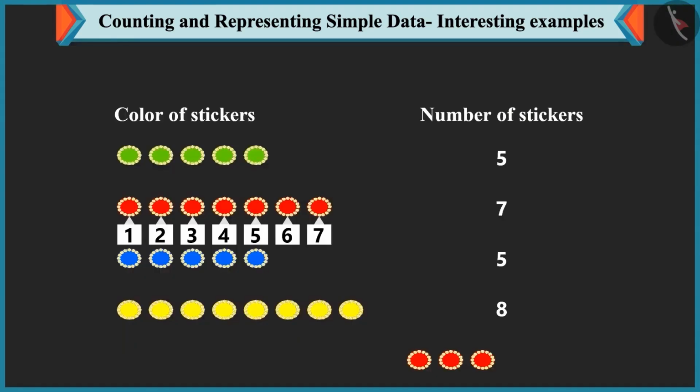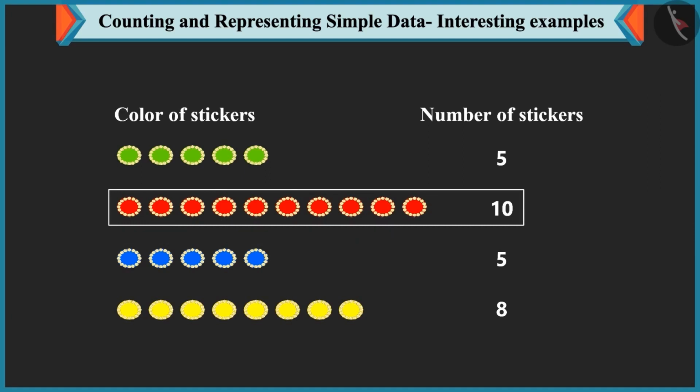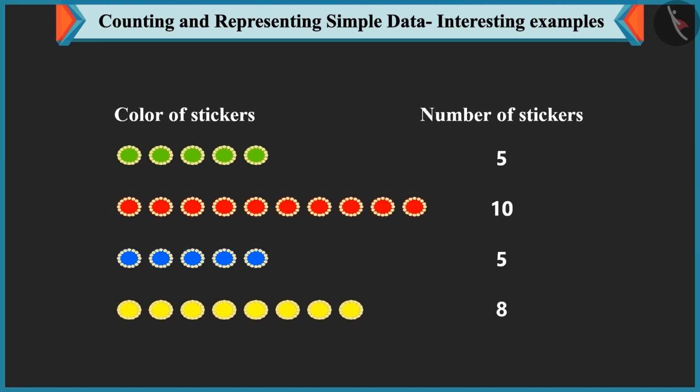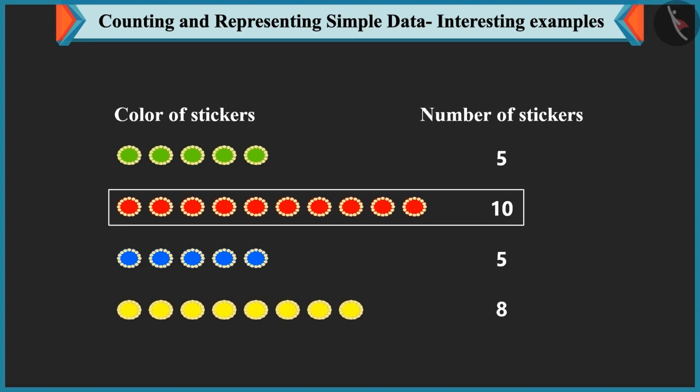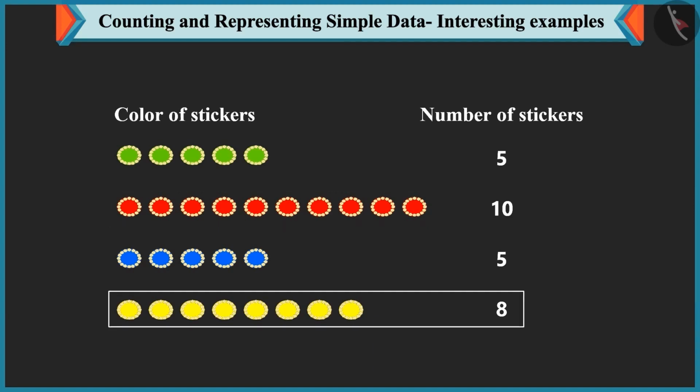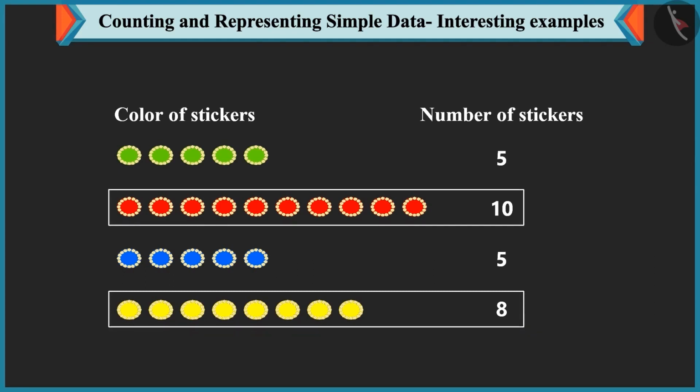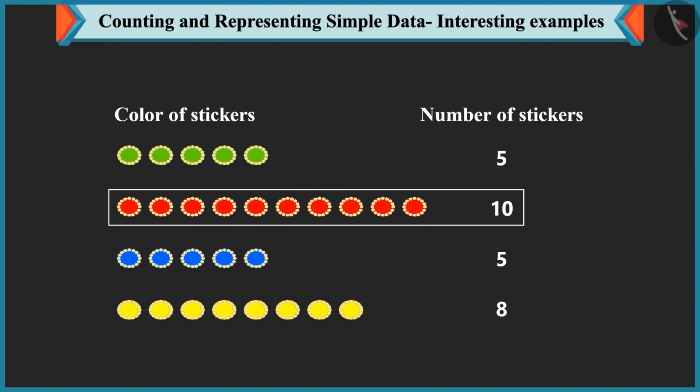Mummy, I had 7 red stickers. You have given 3 more red stickers. Adding 3 stickers with 7 stickers, we get 8, 9 and 10. Now I have 10 red stickers. Very good, Bubbly. Come on, now tell me which color stickers is most in number with you? Oh, red color stickers are more than yellow stickers. Yellow stickers are 8 and red stickers are 10. So I have more number of red stickers.